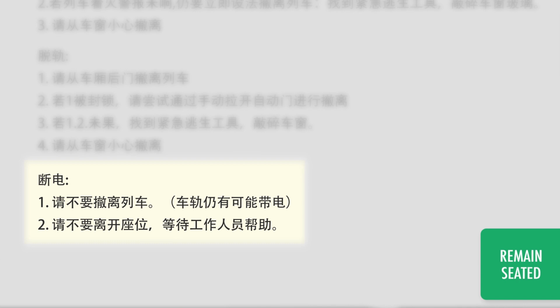The pamphlet says that you should not attempt to exit the train because the train tracks are electrified. Instead, you should stay seated and wait for help to arrive. 不要离开座位，等待工作人员帮助。